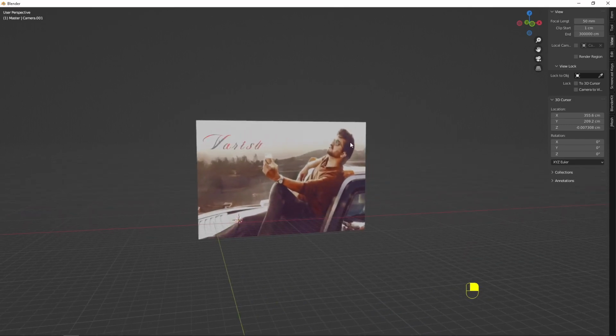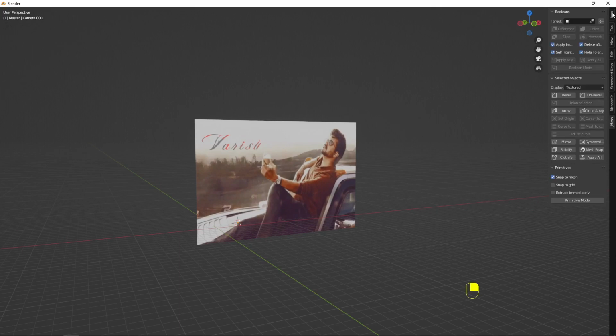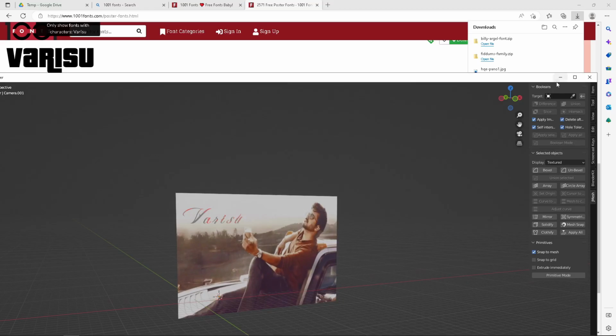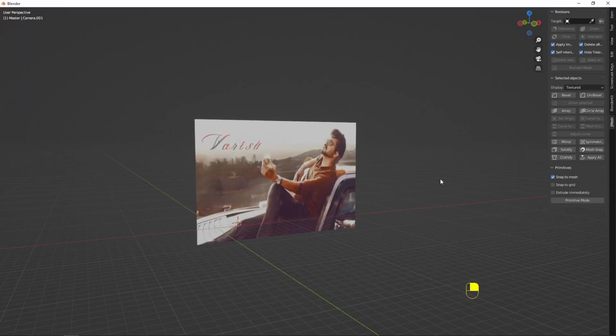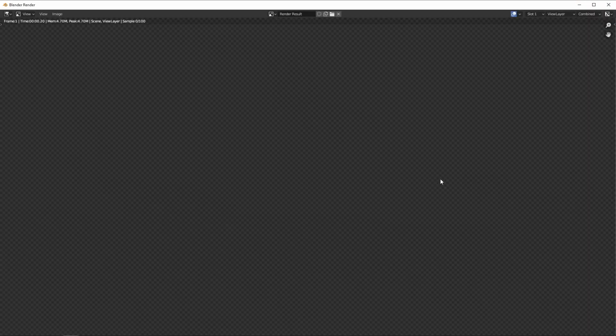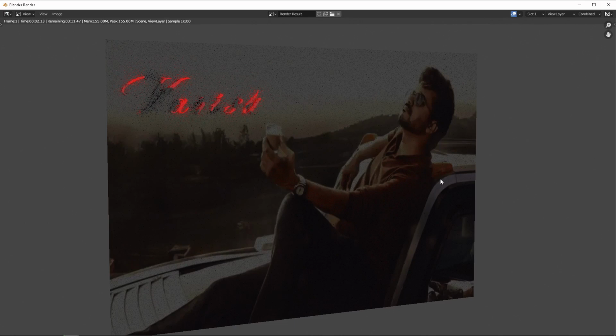So after doing this, I press F12 for rendering. Let's see how it looks. So here we can see the Varisu title, which looks very nice, but we have to add some lighting for this to make it a little bit brighter. I press the escape key